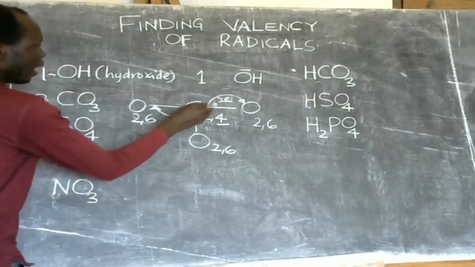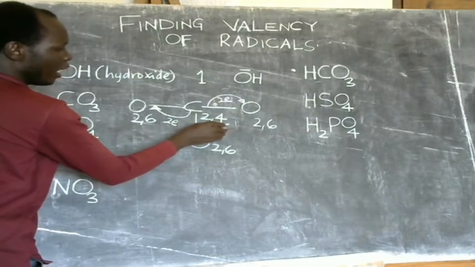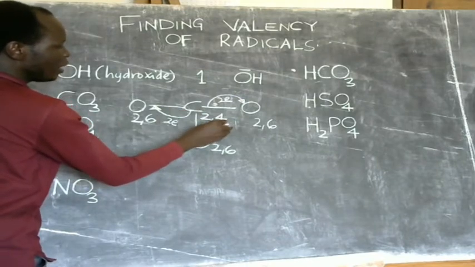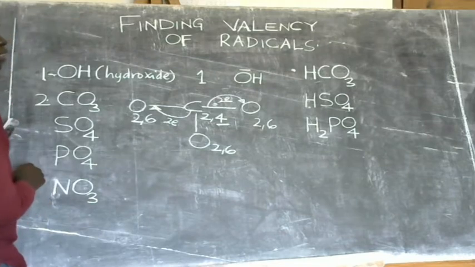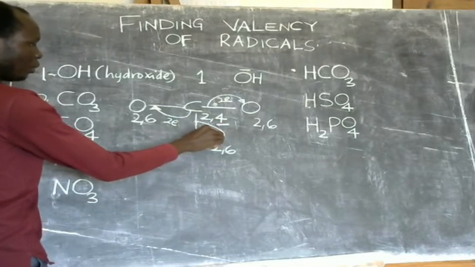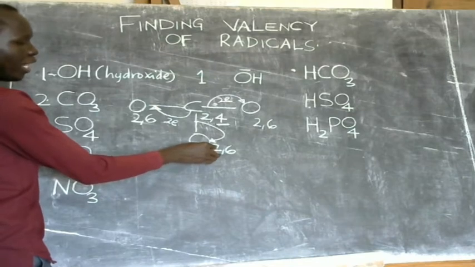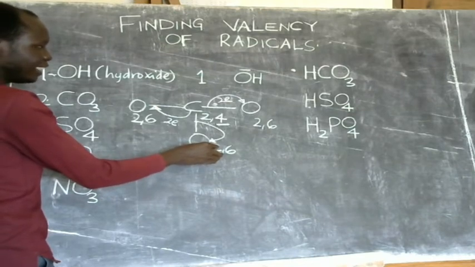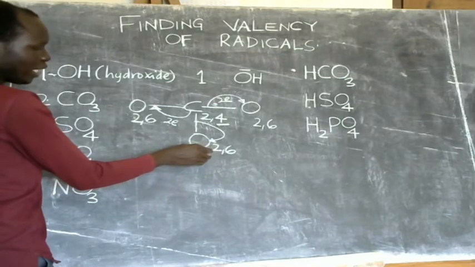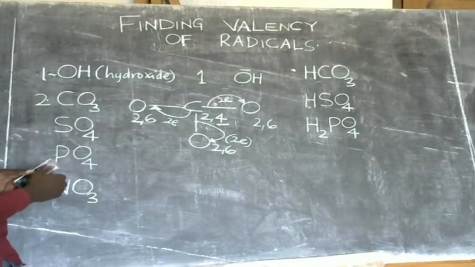Now, 2 plus 2 makes a total of 4 electrons, so carbon has already used the 4 electrons from its outermost shell. So this one has not gained any, but it needed 2 electrons. The 2 electrons which are missing for this atom make the radical have a valency of 2